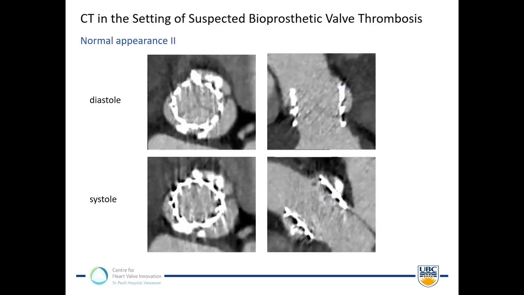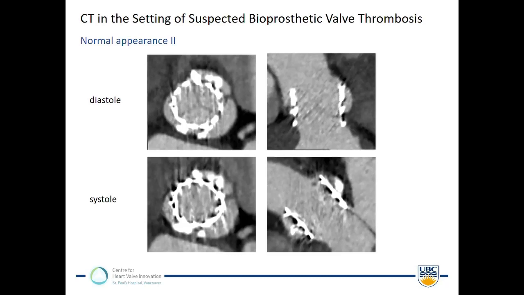Again, in diastole, you can see the leaflets a little bit more faint. In systole, no leaflets visualized, maybe due to the temporal resolution of the scanner, maybe due to the beam hardening artifacts. And important, when you're looking at artifacts, they are always in line with the direction of data acquisition. So pretty much it's perpendicular to the z-axis of the patient. That's important then when interpreting those streaks.